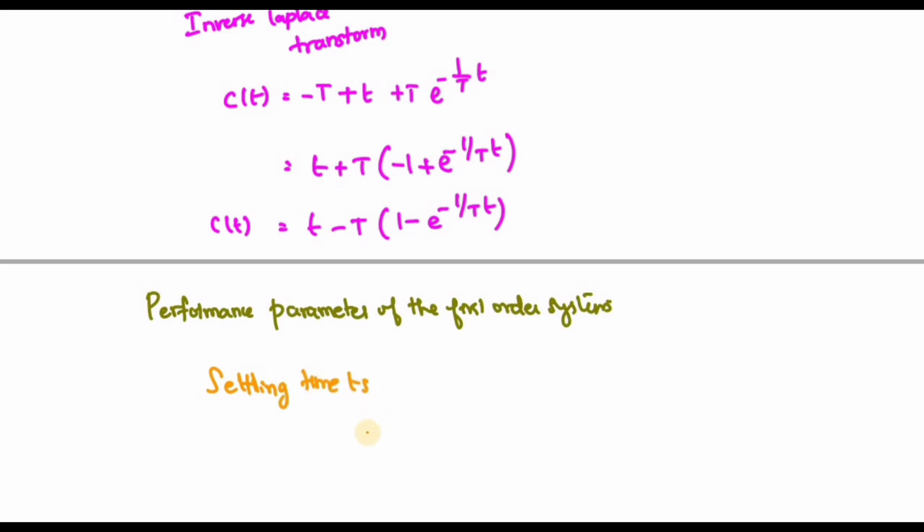It is nothing but Ts. So what is Ts? Ts is equal to T when c(t) is equal to 0.98. The definition is: it is the time taken by the response of the system to reach